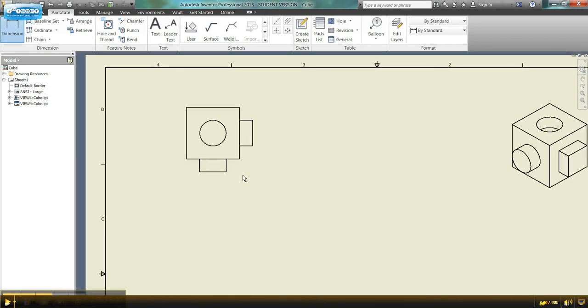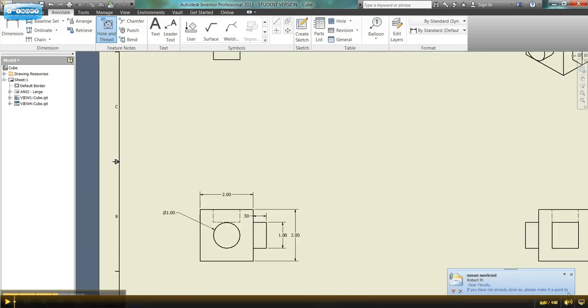When we're dimensioning a hole, we're going to use the Hole and Thread tool. I'm going to select that tool, and then I'm going to come here and select the midpoint of the hole. Click once and pull the leader line out of the box. Remember, I don't want to put my dimensions inside of my shape. That gets things really, really messy. I want all of them to be put over here